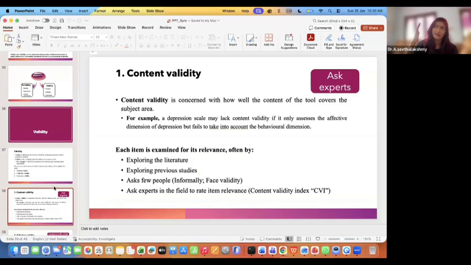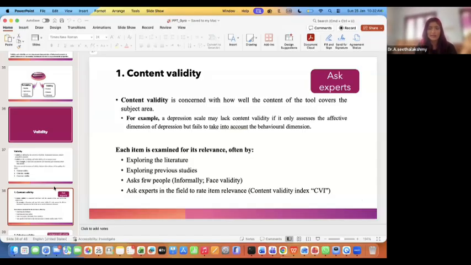Okay, so if I design from 75, at the next stage it will reduce to maybe 50. When I do the content validity, it will come down. So this is very, very important in designing the questionnaire. First and foremost thing, face validity. Second thing is content validity, and getting the content validity index is very important.